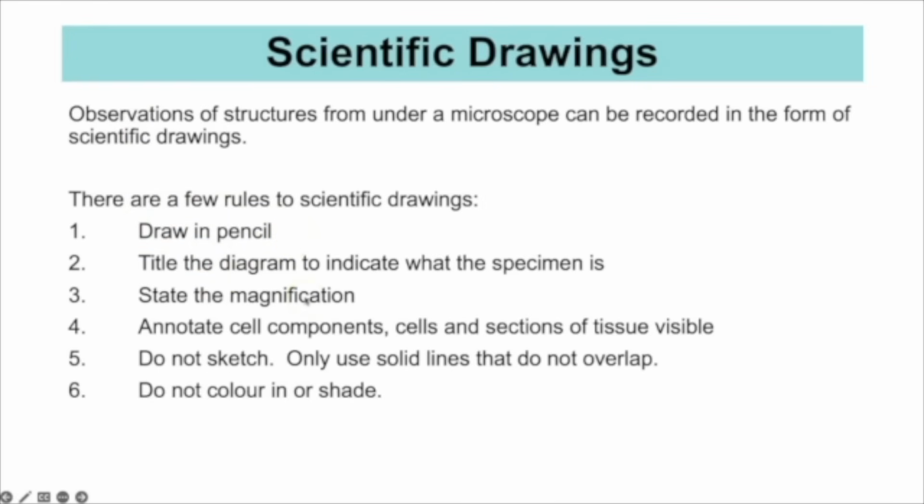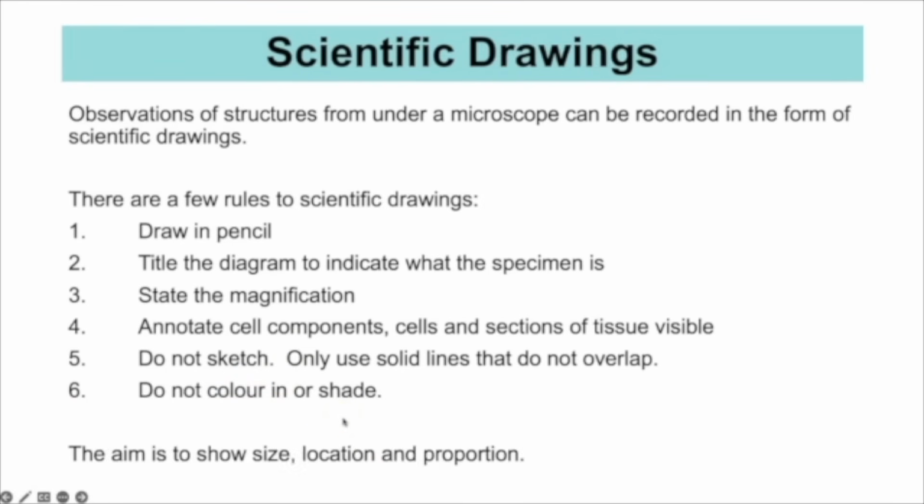You have to include a title of what you've drawn. You have to state the magnification, or you could include a scale. You should always annotate the cell components or the cells themselves or the section of tissue that is visible that you've drawn. It shouldn't be sketchy lines. It has to just be solid lines that don't overlap with no gaps, and you mustn't do any colouring or